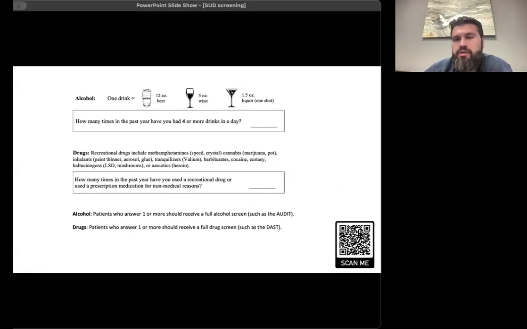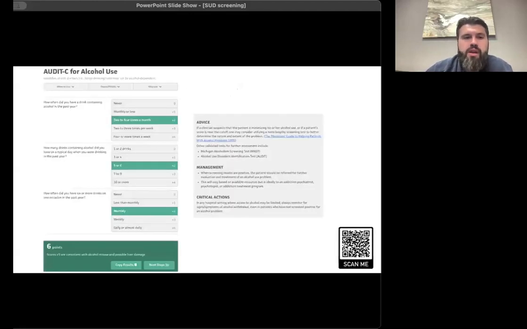It asks these questions, similarly to what we just asked. And you can print this out if you scan that and give it to a patient to self-administer. Then based on that, if it's positive, the subsequent tests would happen, like we mentioned, or again, a little bit more brief assessment. So if somebody tested positive for alcohol in that single item screener, for example, you could use the AUDIT-C tool to assess a little bit further on their alcohol use.